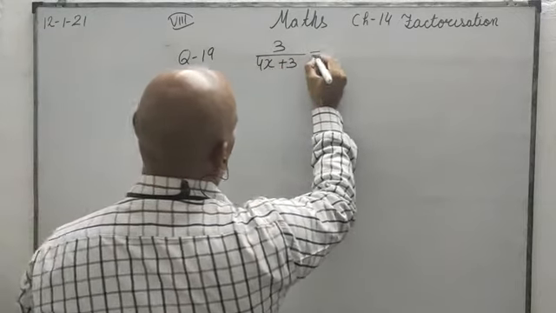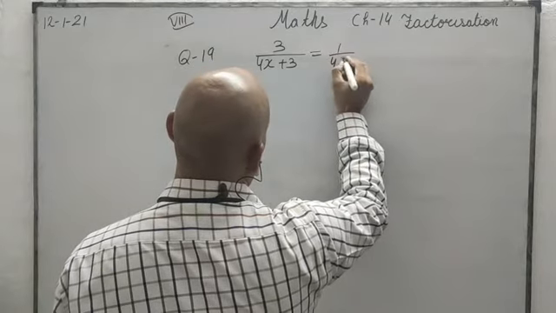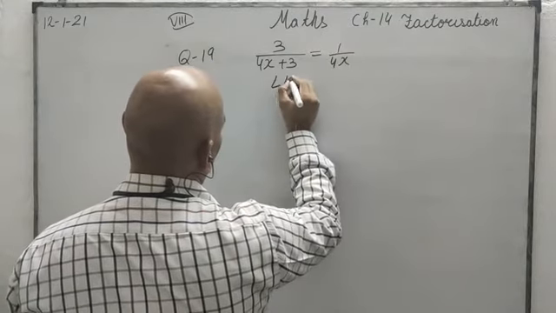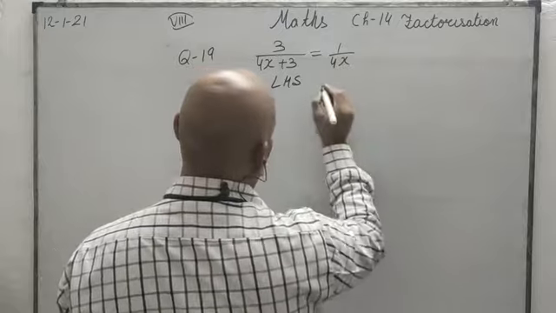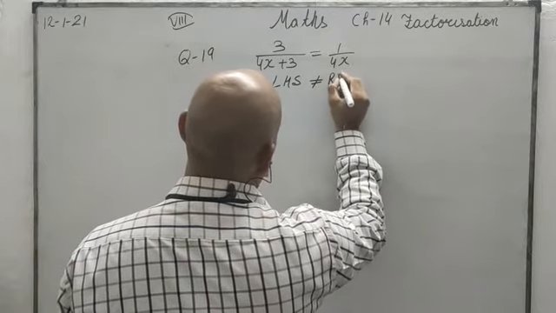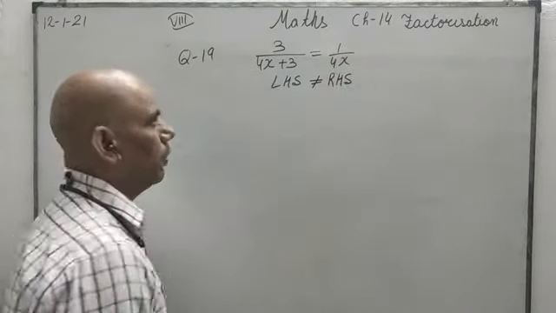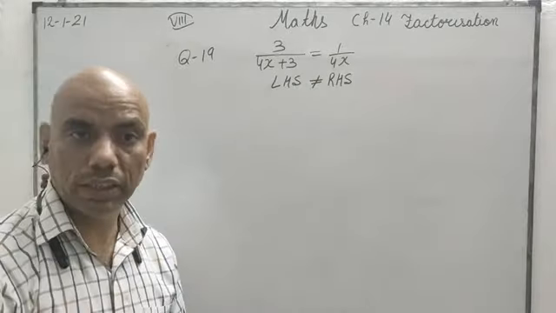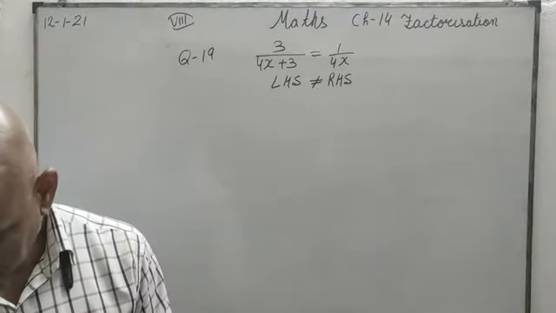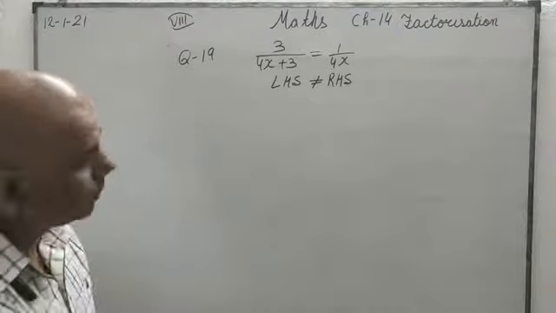And the same is in question number 19, because there also it is 3 upon 4x plus 3, and he is saying 3 से 3 cancel हो जाएगा, 1 upon 4x. No, this is LHS. 3 and 3 cannot be cancelled, LHS is not equals to RHS, and it is going to remain like this only, ये ऐसे का ऐसा ही रहना है, कुछ नहीं हो सकता इसमें.